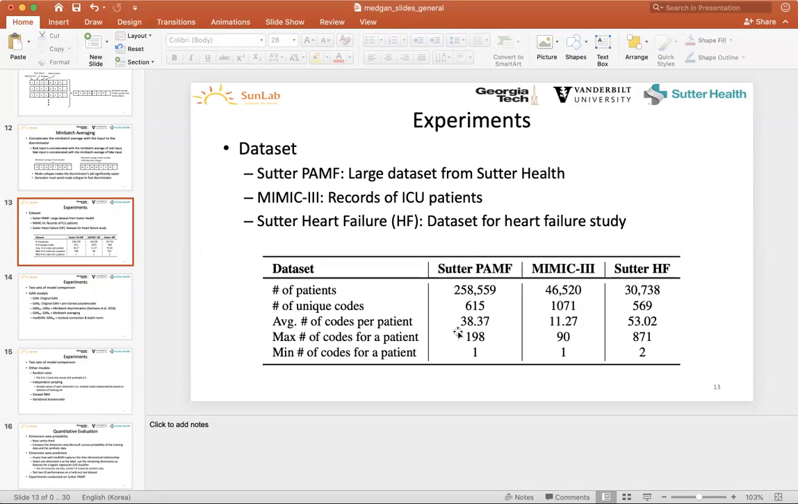Among 260,000 patients, there are 30,000 patients, a subset of the patients, who qualify as a training set for heart failure prediction. Not all people qualify as a heart failure prediction training sample. You need to be in a certain condition, like a certain age, certain gender, certain number of times you've visited the hospital, certain diagnoses or medications that you've taken. So you need to have certain characteristics to qualify as a member of the training sample for a heart failure classifier. Anyway, Sutter HF is a Sutter PAMF subset, and then of course there's MIMIC3,